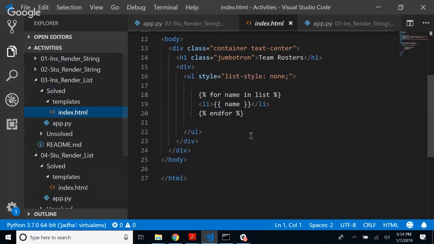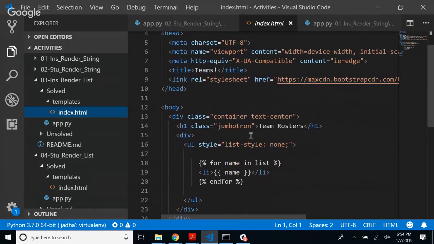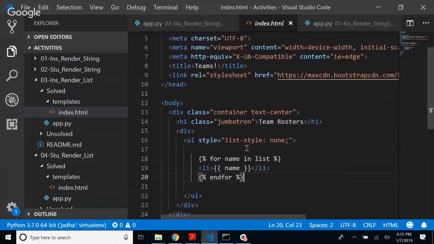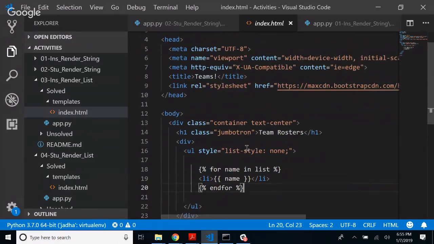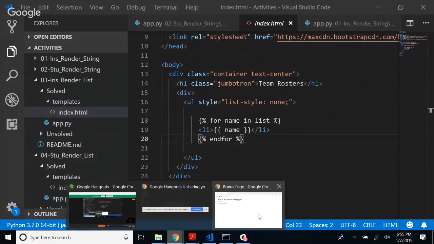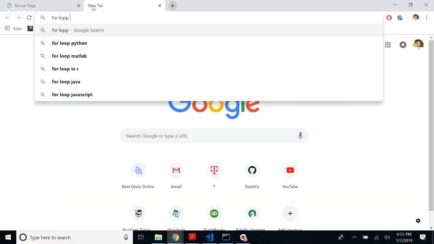Okay. So my index.html, where you need a list, is going to involve a little bit of coding, right? So if I wanted to do this, then I need this coding, like percent for name in list percent, send name and for. It's going to be a little bit difficult. How can I find this, right? So, as I said, don't be afraid to search for how to do a for loop